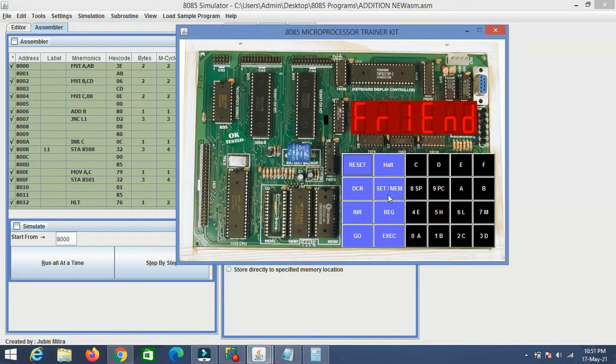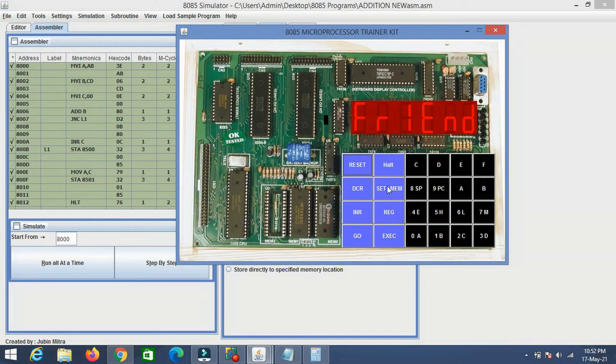So first, if you want to check the program from 8000, we have the program which is loaded. In 8001, AB should be available. That can be checked by using this. You have to start with this exam memory. Normally in an 8085 kit you could see exam memory, though with different companies it may look different.